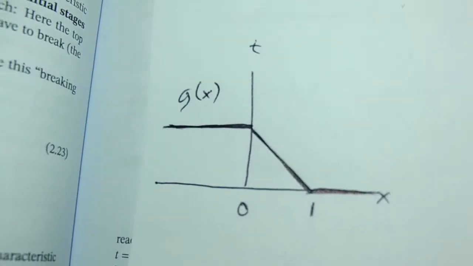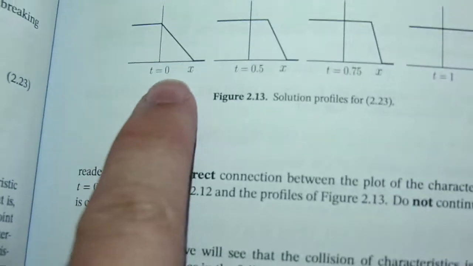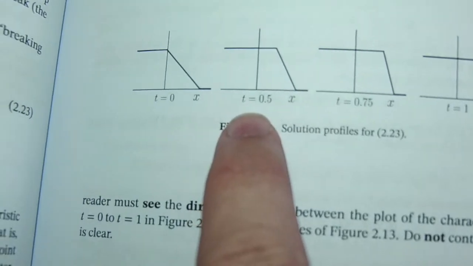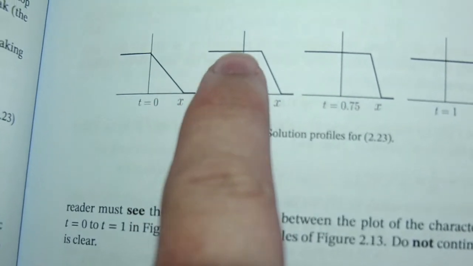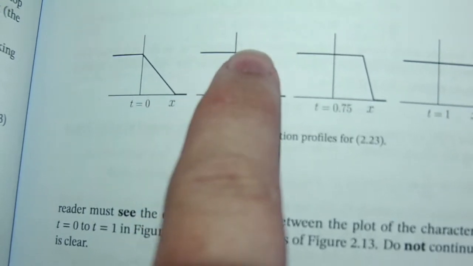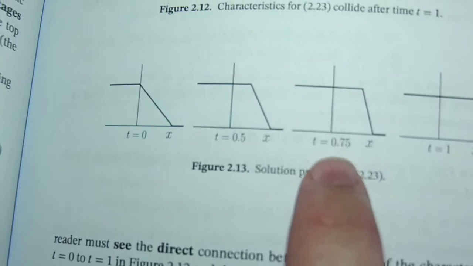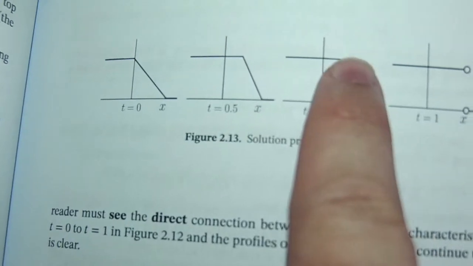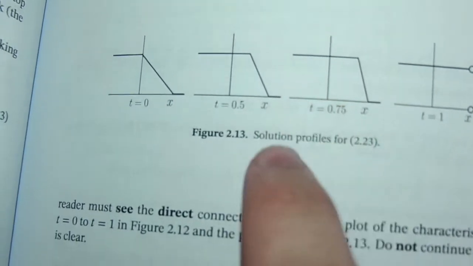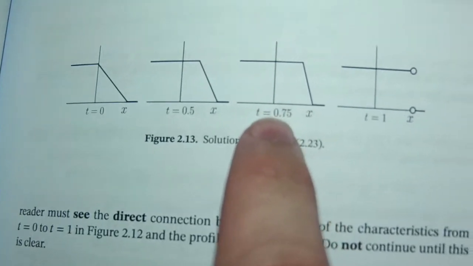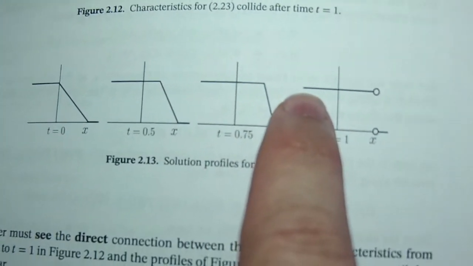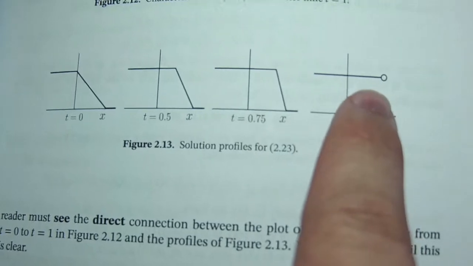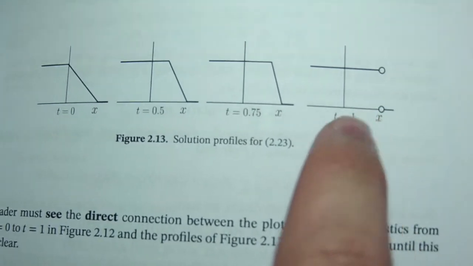This is just the graph of G. So that's my initial signal, if you want to think about it like that, my initial wave. At t equals 0.5, you see how the top is sliding here. At t equals 0.75, it's sliding more. The slope of this line here is getting steeper, with respect to x anyway. Until at t equals 1, this top has slid far enough right with respect to the bottom that now we have introduced a jump discontinuity,